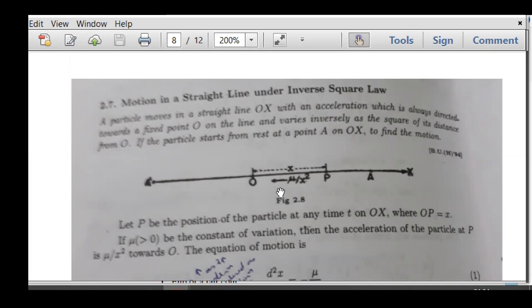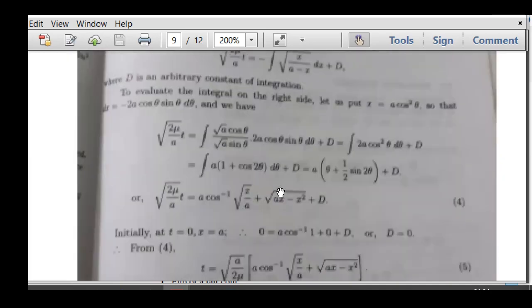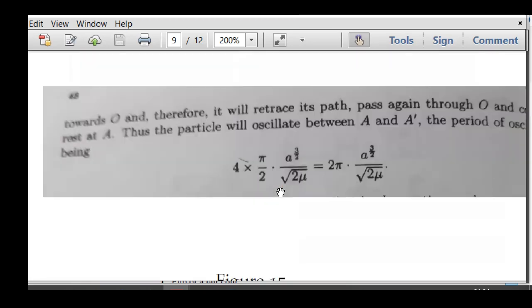So this is the case here. Here also, in the same way, we can find